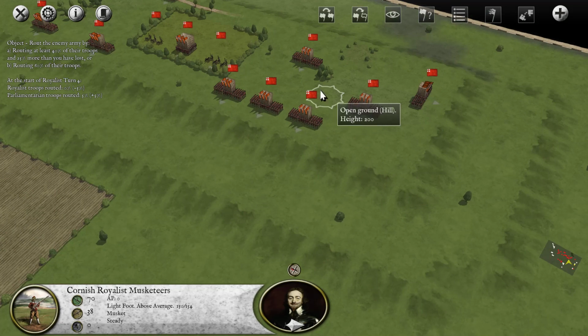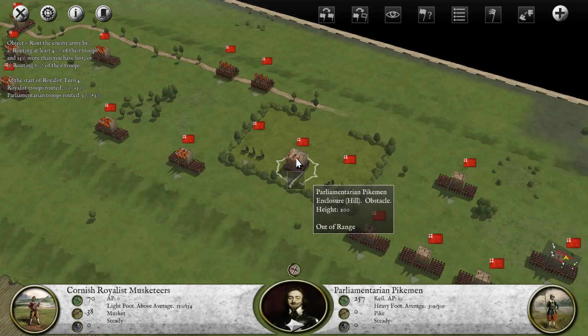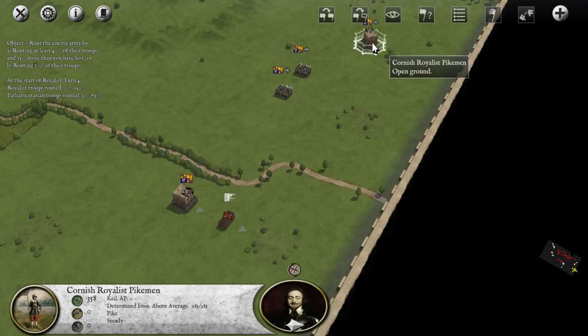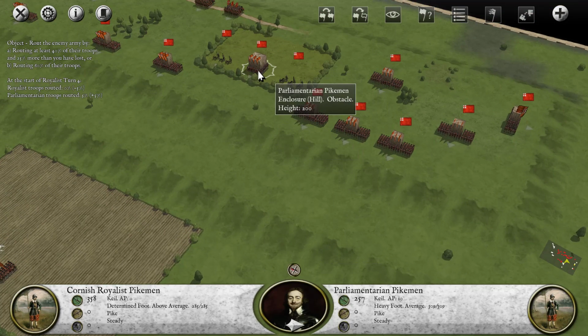But now they do have one unit here, which is some kind of advanced one. Yeah, here it is. Parliamentarian pikemen. We have to watch out for those guys because they will hit us as hard. Well, about as hard. I think ours are superior. So we're at 358, and they, down here, are at 257. So we still have an advantage, although we're slightly lower in number. Yeah, so we're better one-on-one, but...